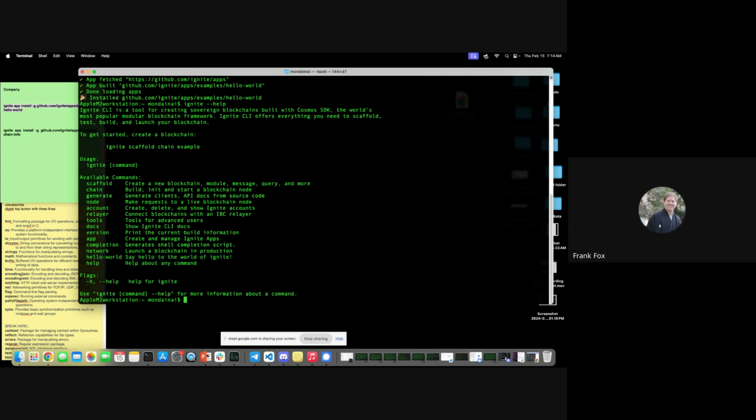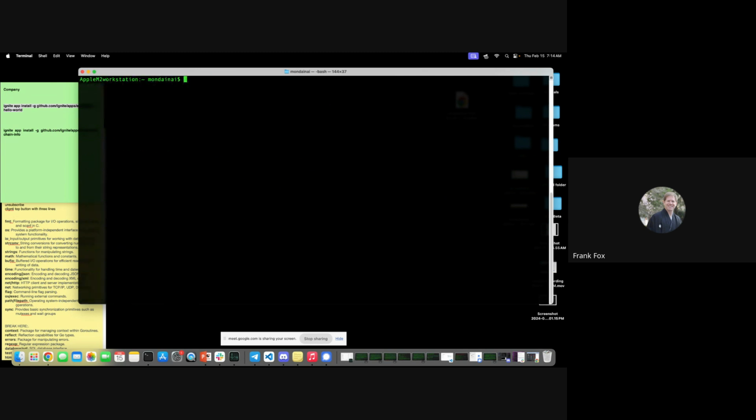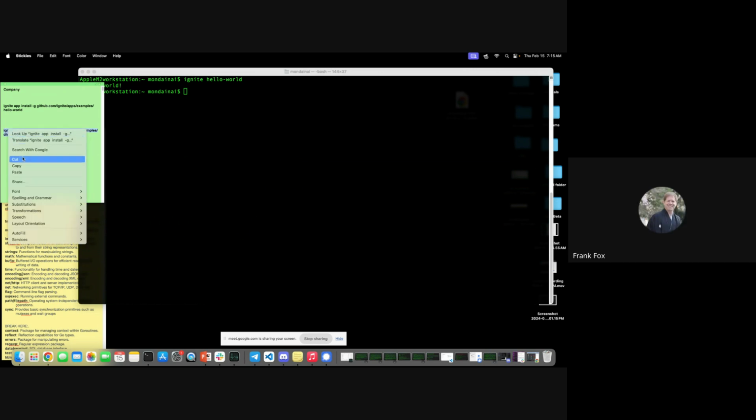And we can test that out with one command. ignite hello-world. And as you can see, there it goes. All right, so maybe that doesn't impress you that much, but at least it shows you that there's functionality. So let's try a more difficult one, or something that has a little bit more to try.